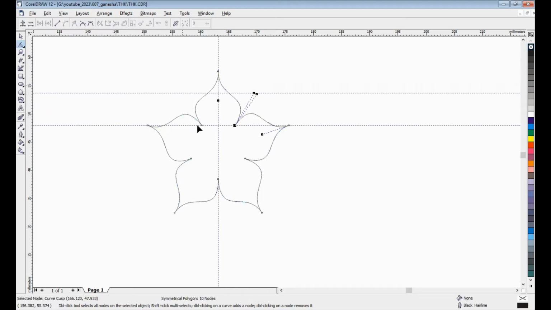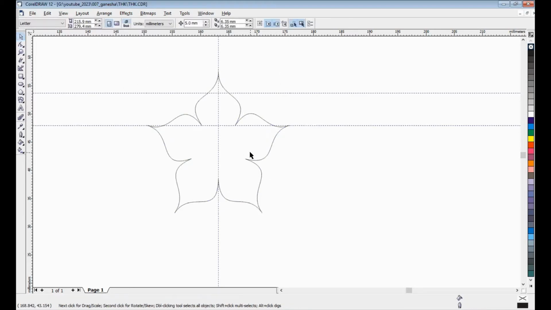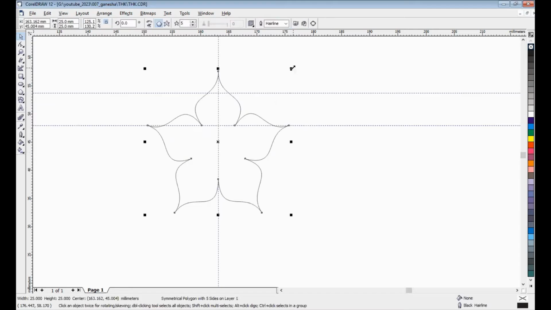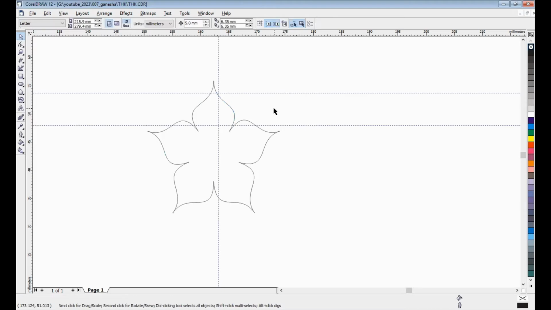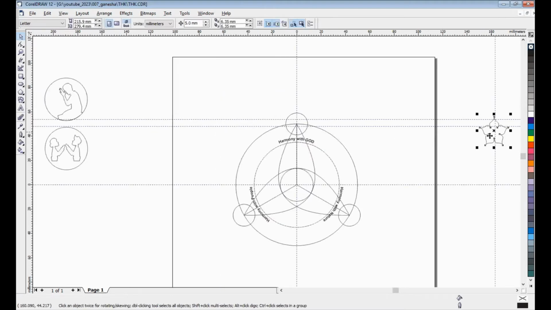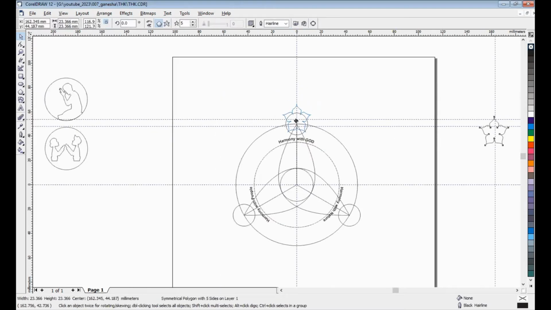Maybe it's proportional, I think. Okay, that's it. A 5-star that looks like a flower. Okay, check it, maybe take here, this looks like this.